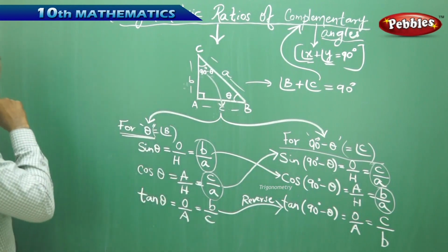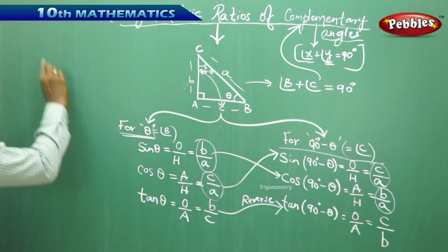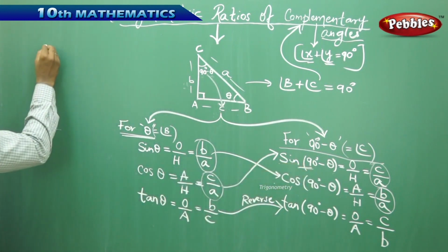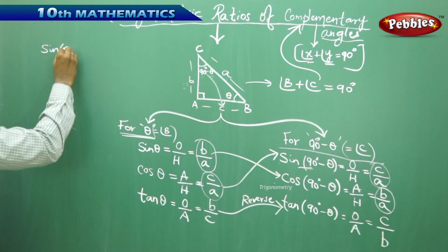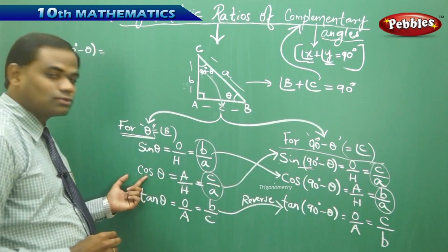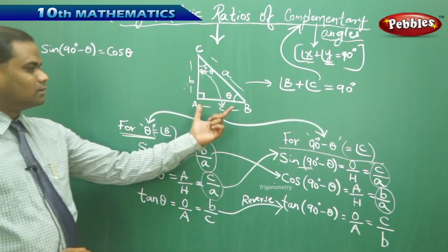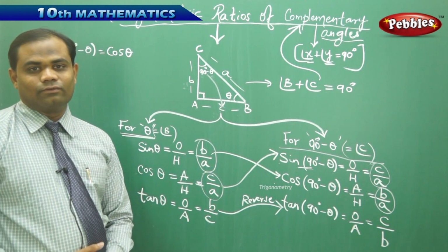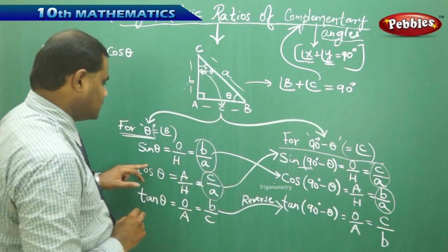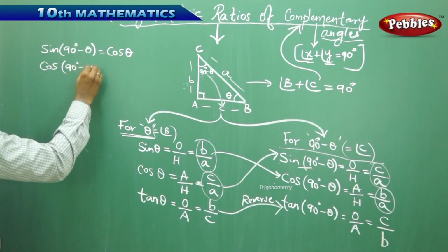So here I identify that sine theta is clearly cos 90 minus theta. That is, we have a formula, this equals this and this equals this. So let's start with sine. I have sine 90 minus theta is C over A, which is equal to cos theta. So this is the formula which is extracted from the trigonometric ratios of a right angle triangle. And similarly, cos 90 minus theta is sine theta, is what I get from the ratios.